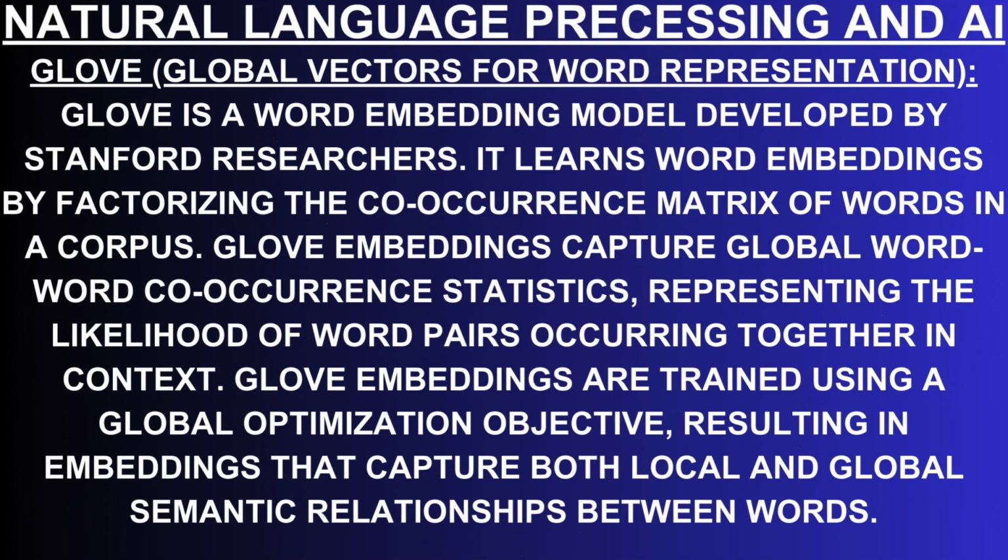GloVe, Global Vectors for Word Representation. GloVe is a word embedding model developed by Stanford researchers. It learns word embeddings by factorizing the co-occurrence matrix of words in a corpus. GloVe embeddings capture global word co-occurrence statistics, representing the likelihood of word pairs occurring together in context. GloVe embeddings are trained using a global optimization objective, resulting in embeddings that capture both local and global semantic relationships